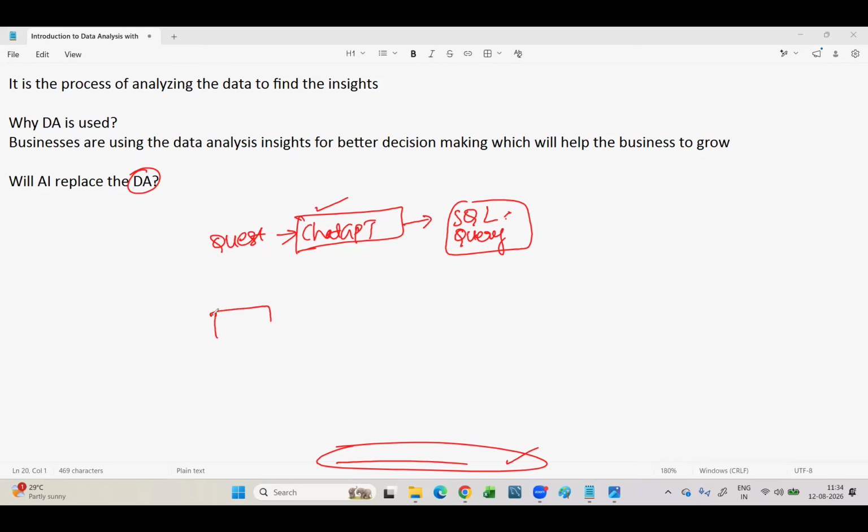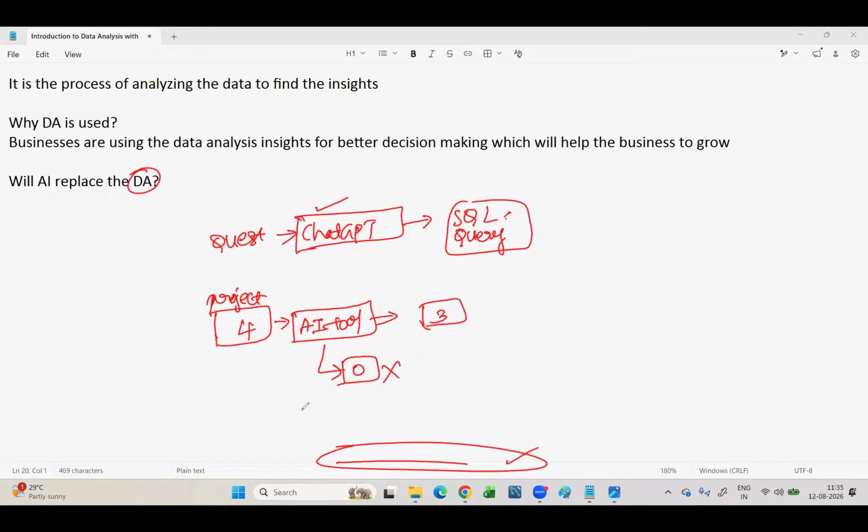Just imagine there is a project now. There are some four data analysts working in that project. They have introduced some cloud or some type of AI tool to make the work easy. They have attached this in their project. Because of this, these four people might become three. But don't think that because of this everybody will lose the job and it will become zero. This is not the scenario.